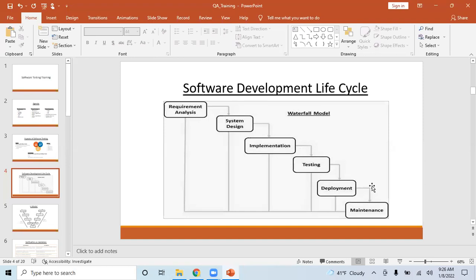DevOps team, or people who do deployments or maintain the software infrastructure. Somebody has to install SQL Server. The system architects will say, hey, we need a SQL Server, but they won't install it.